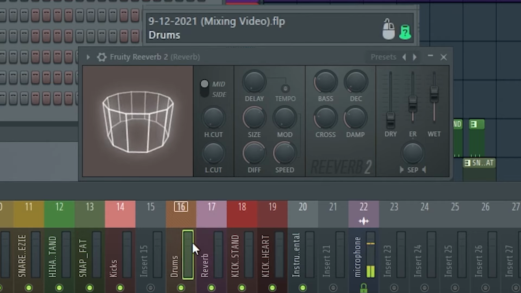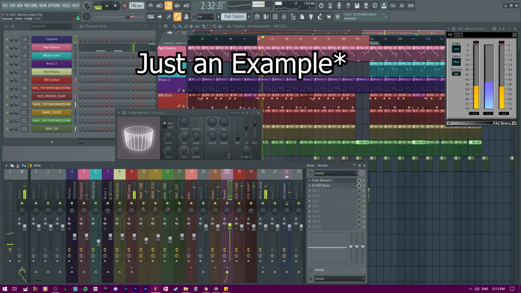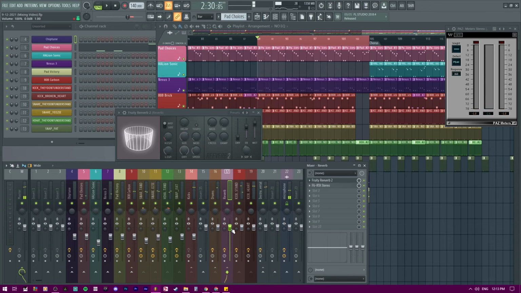So let's go ahead and apply this with the drums. I'll show you a before and after. And of course, we're going to have to balance it out the way we like to hear it. And even just a low signal like that creates a lot of dimension. So hear it with and without. See how just a little bit works?